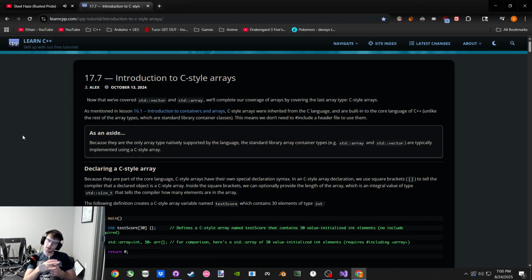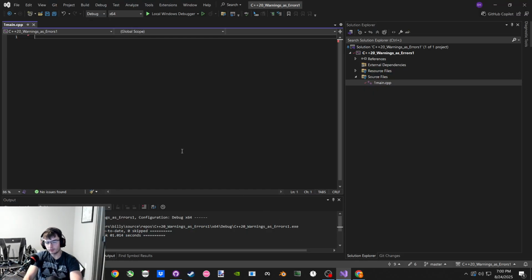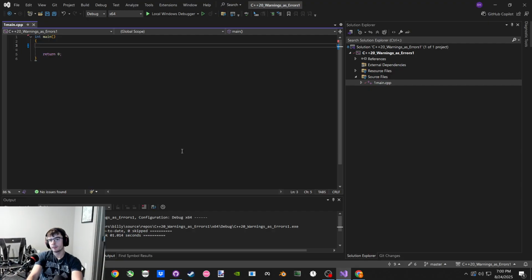So I wonder if C-styles are... Do they? I guess they don't have a size, huh? Oh, but can we do standard size? That's the point. We do standard size because it isn't a member function, because C-styles aren't type definitions. So we could say int e, sure, an array of them. And let's say we've got 10, 20, and 30. But then